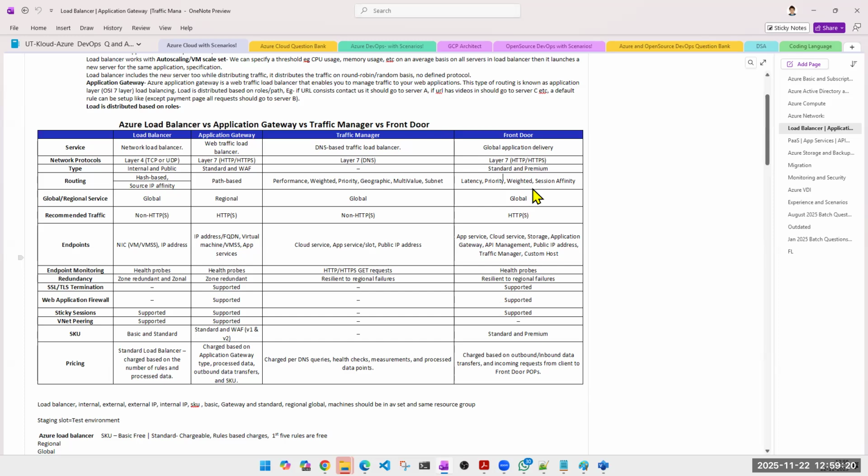Similarly, latency, priority, weightage, same things. I mean, you can do 2 plus 2, 4 here. This one I'll explain later. This is recommended for non-HTTP traffic. This is recommended for HTTP and HTTPS traffic, which means for websites, this is recommended. For solutions like RDP, this is recommended. This is just a recommendation. You can use a website here also, right? Now,